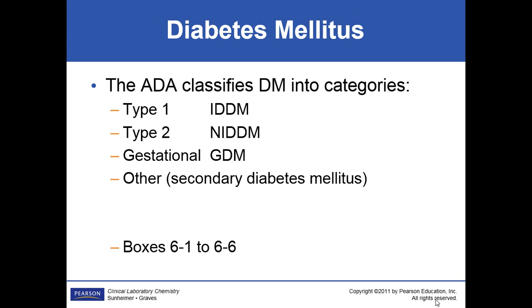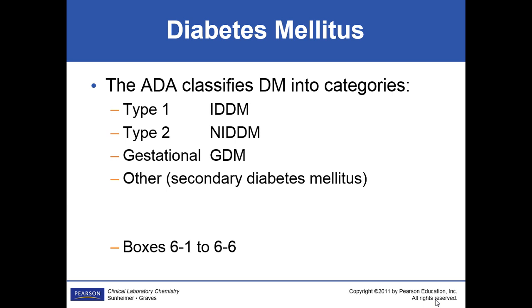Okay, the American Diabetes Association has come up with 4 different categories for diabetes mellitus. They started years ago, and they had different names, and as we know more things, we change the names because we like to make everything confusing, I guess. So I put 2 sets up here, but my generation learned juvenile and adult onset. If you've ever heard those terms, juvenile is young, adult is old, so to speak. But that's not always true to form as we understand the 2 different major ones.